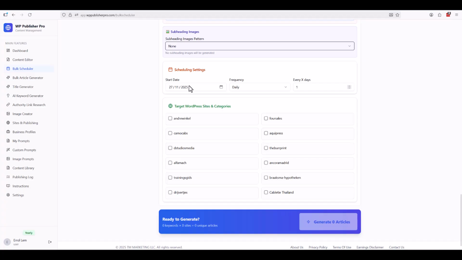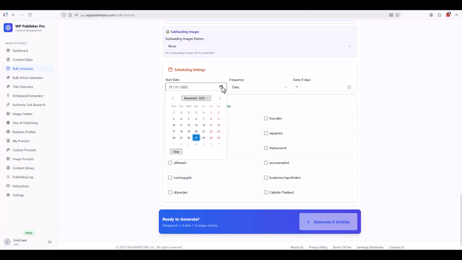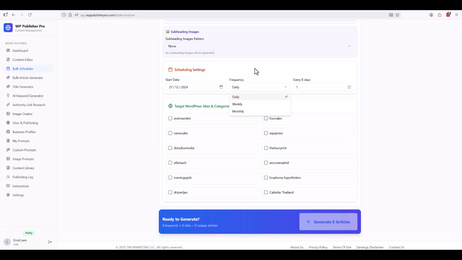So scheduling settings. This one is very important, especially if you have expired domains and you don't want to post from the beginning you use it, right? So if you say, I want to start in 2024, in December, then you choose that, right? And then you can say, I want daily, which is not a good idea, I think. Weekly can do. You can say every 3 weeks or every 1 month, one post, or you say I want weekly